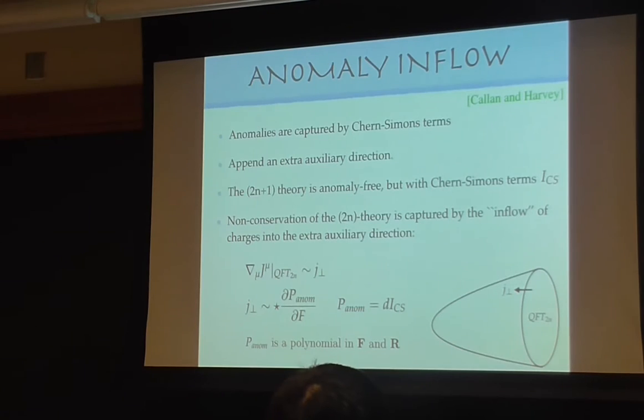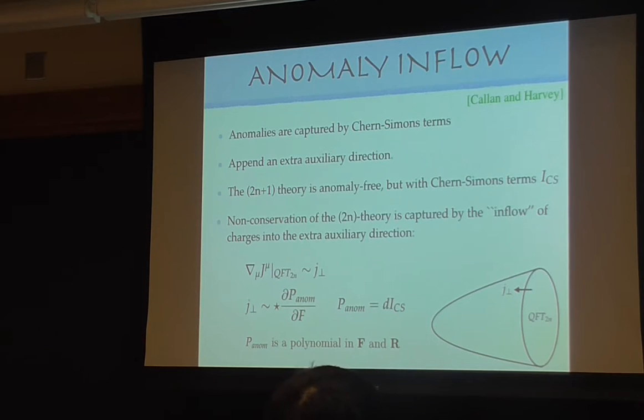Excuse me, if I quantize Chern-Simons theory, I could engineer boundary conditions on the gauge transformation parameters and the gauge fields in such a way that it's exactly gauge invariant. In other words, the total derivative terms I can engineer away. Right. So you think about a WZW model on the boundary. In any Chern-Simons theory, if I do that, would you say that there's no anomaly inflow? Sure, sure.